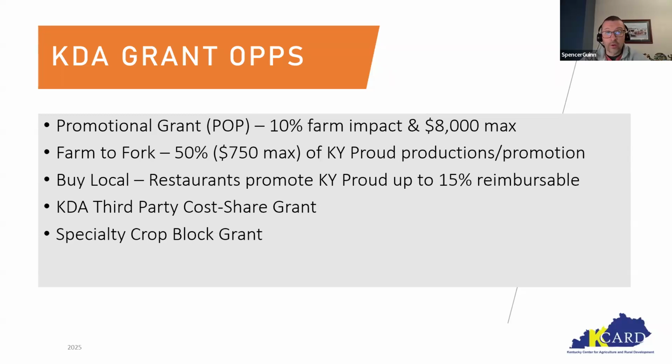If you spend $1,000, then you could get $500 back. Another way of looking at that. So that's what the POP grant is. Farm to Fork. If you all have ever heard of farm to fork events